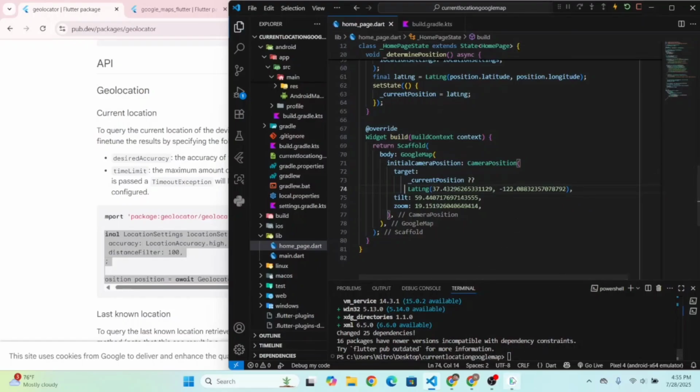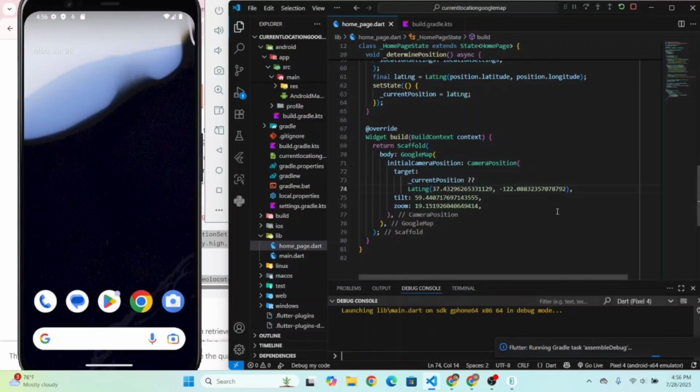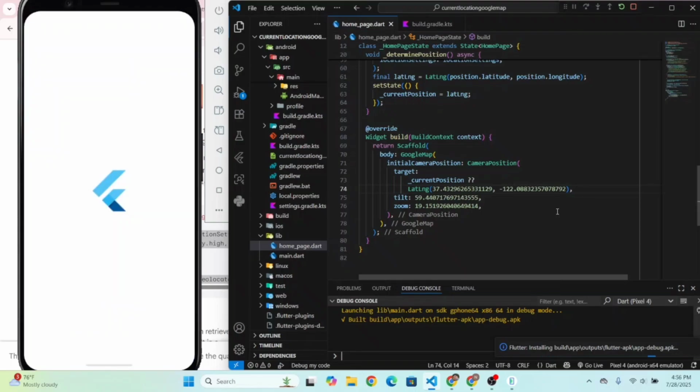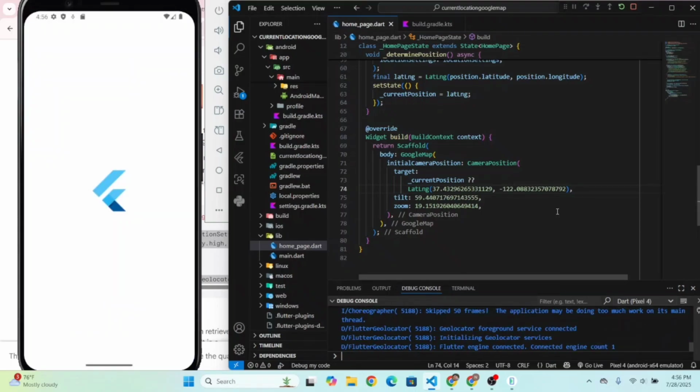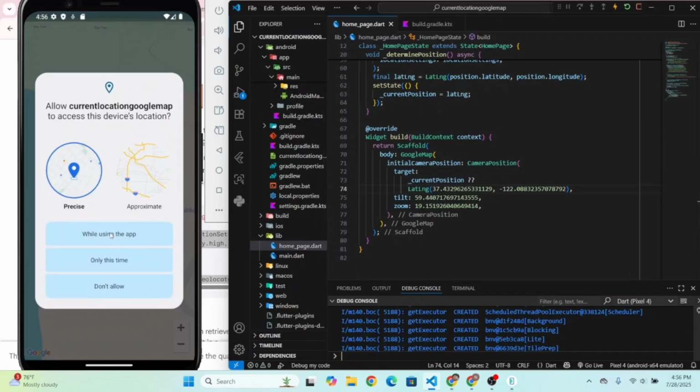Okay, and let's try to run the app again. Let's stop the app and let's run the app. Let's see will it work or not. Okay, allow it,